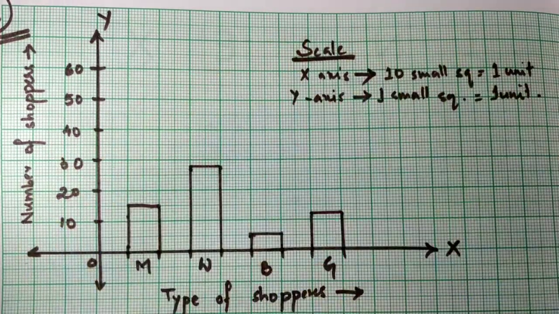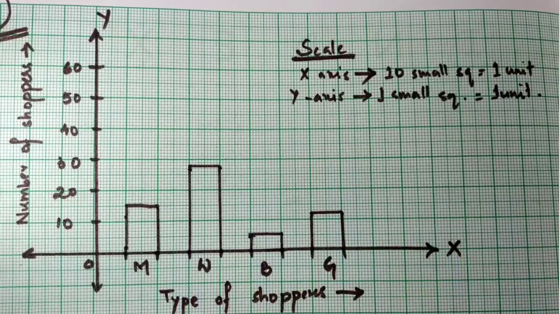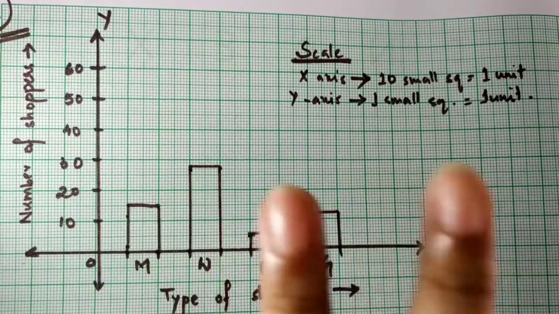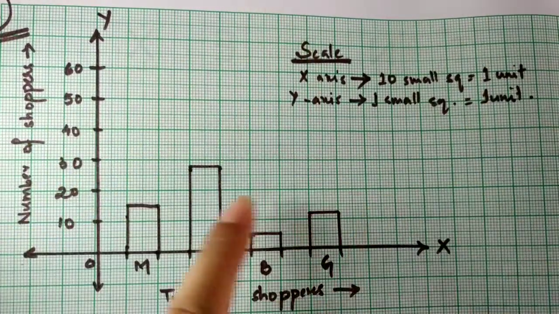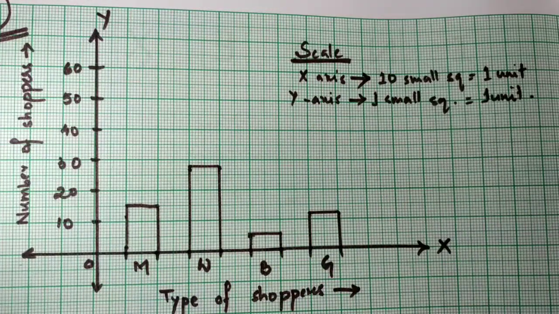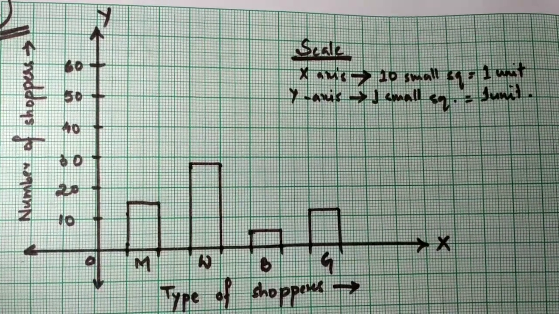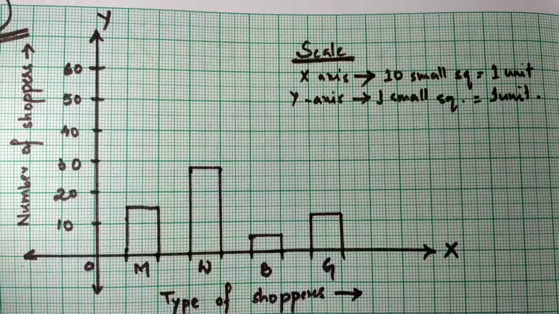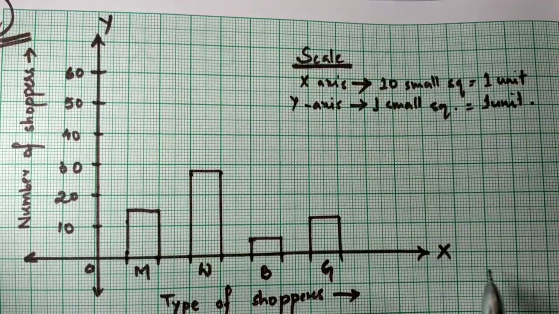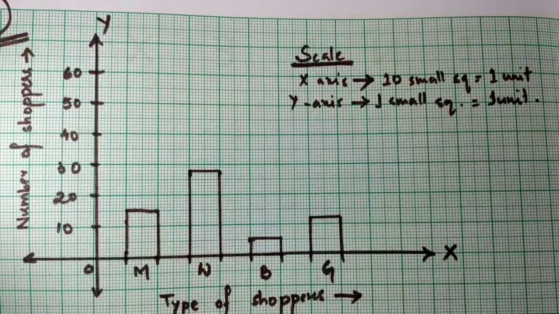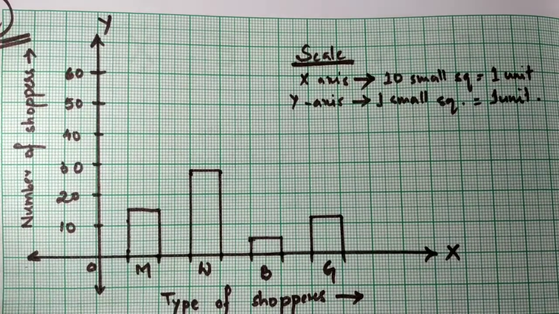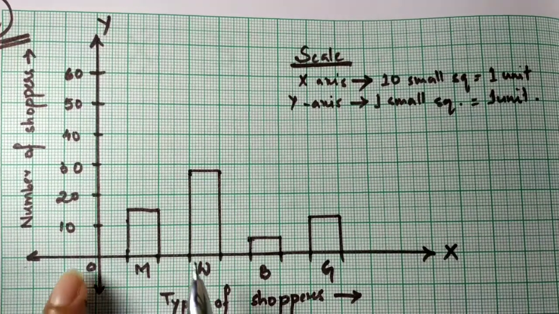Now I have drawn this one. I'll explain this. Please use pencil and scale. If I use pencil and scale, the brightness is not much, so I'm using the sketch pen, and obviously I'm using the scale here. First of all, you will draw the axes, which you already know. This horizontal line I have marked as the x-axis, and this one as the y-axis, and this is my origin. Now all of you know the bar graph.